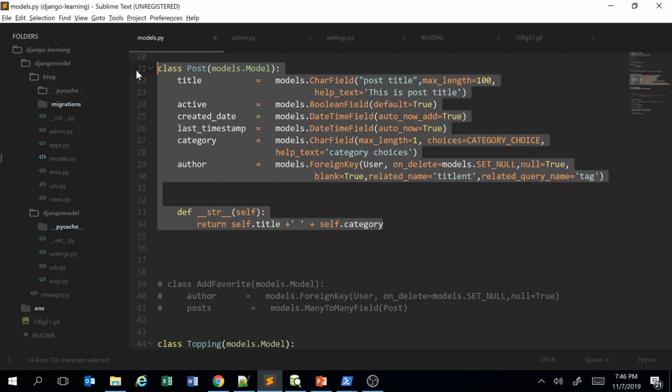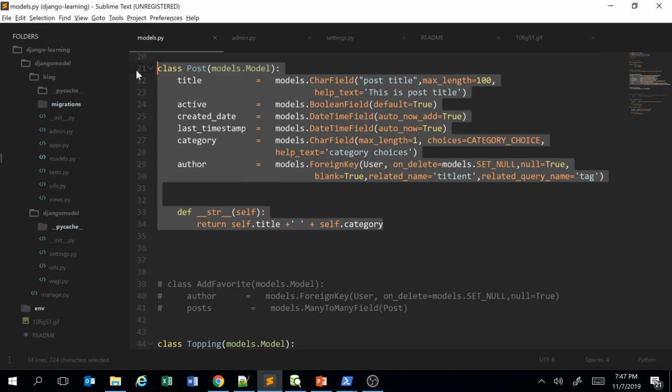So that is the overall concept here. We have a blog page, and we're going to grant access to all other users to create a post. Also, we grant access to all the users to like other posts, or they can have an option to add favorite posts